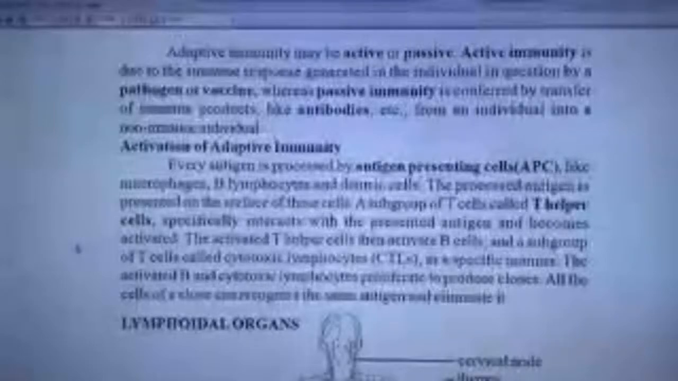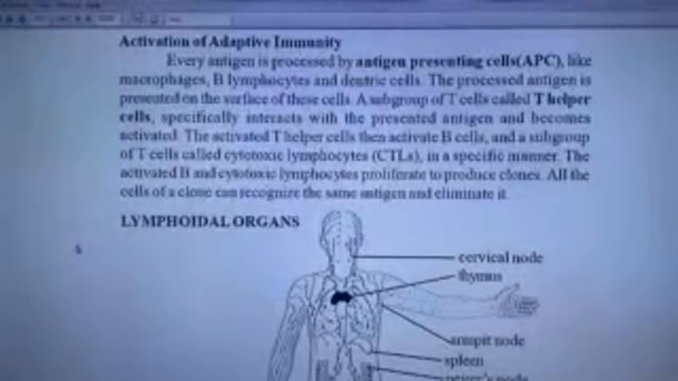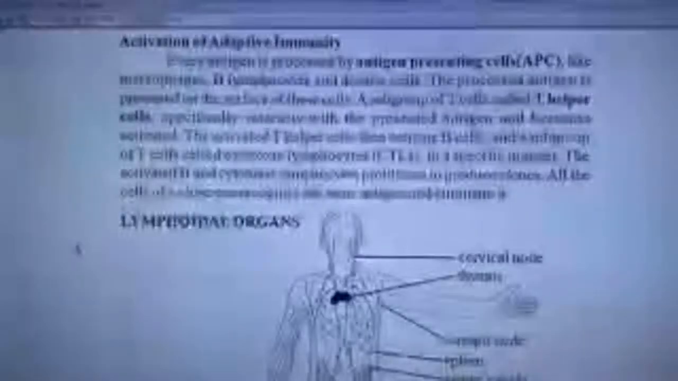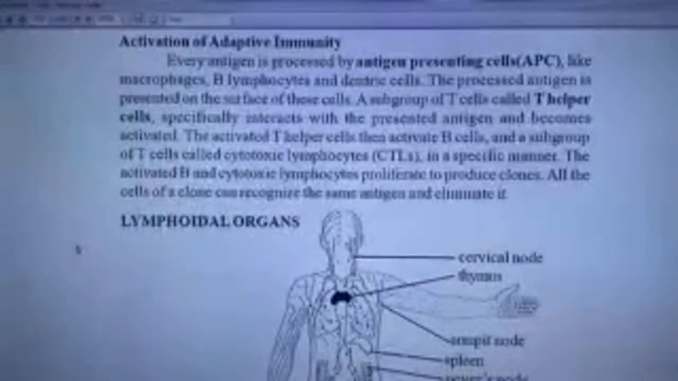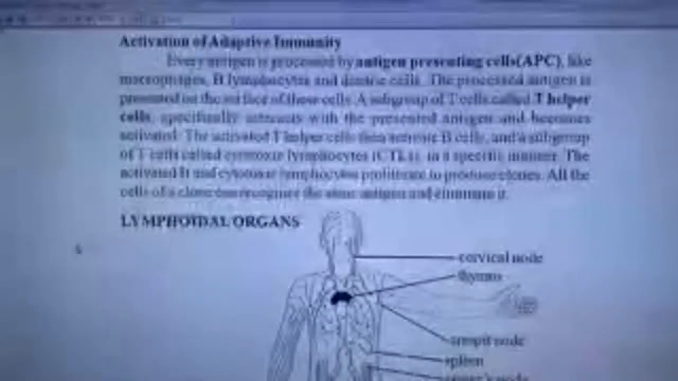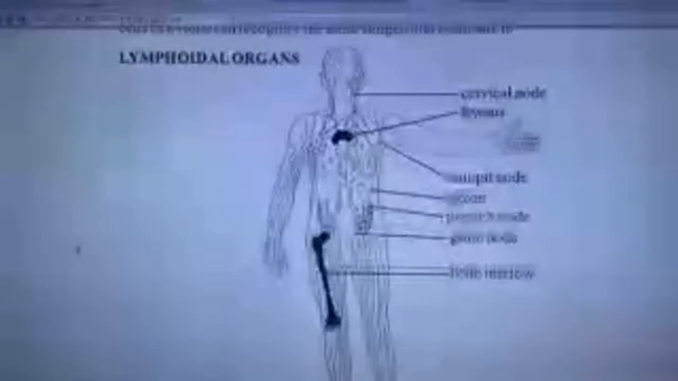Activation of adaptive immunity. Every antigen is processed by antigen-presenting cells like macrophages, B lymphocytes, and dendritic cells. The processed antigen is presented on the surface of these cells. A subgroup of T helper cells recognizes it specifically and becomes activated. The activated T helper cells then activate B cells and a subgroup of T cells called cytotoxic lymphocytes. Lymphocytes proliferate to produce clones. All the cells of a clone